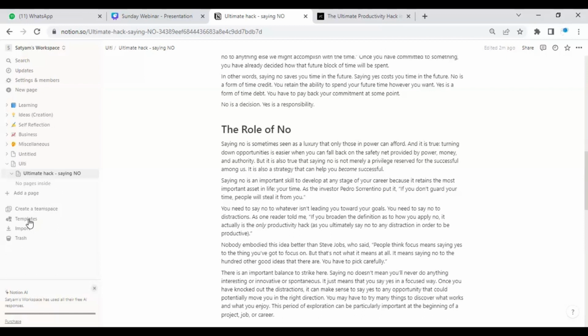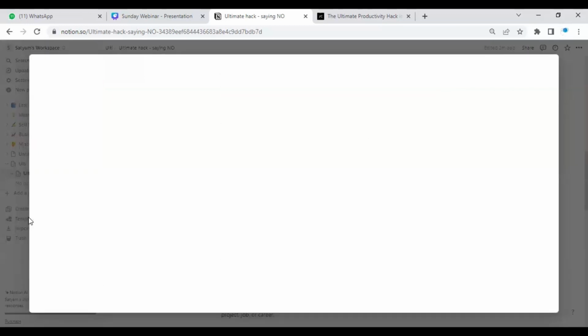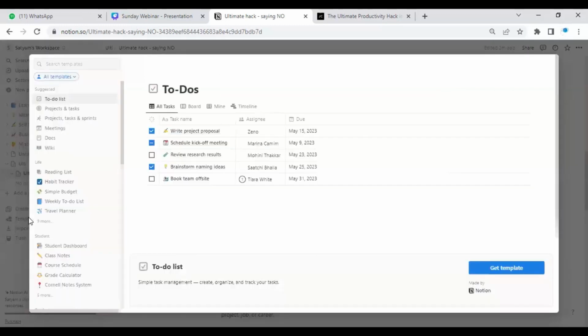I'll show you some templates. One minute. Yes. So here are the templates. Just check out the left side of it. To-do list. You can create a to-do list template. I'll take another session for all this, for goals, projects, to-do list, and all those things. In this, I'm just talking about learning. But you can do a lot of things here. Project and task,